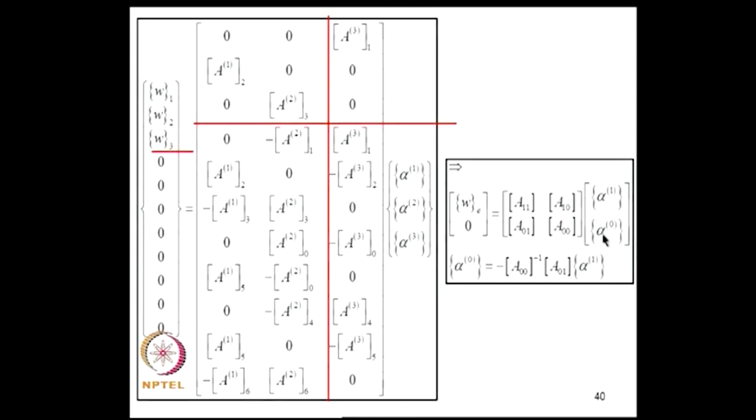From this we can eliminate alpha 0, and alpha 0 is a combination of alpha 2 and alpha 3 that we can write in terms of alpha 1 through this relation. So, this is where the elimination is now taking place, and consequently I get alpha naught to be this, and W e therefore will be